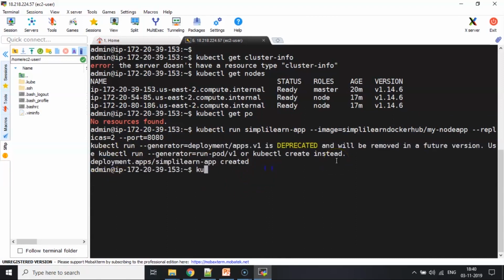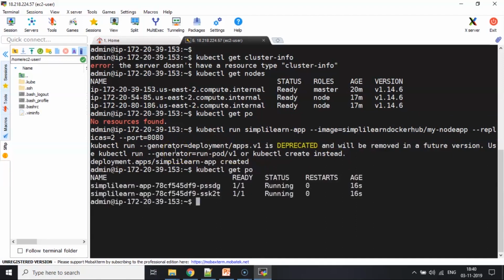Now let me just say I'm not really interested in the deployment. I'm interested in checking if the pods are up and running. So I will say kubectl get pod. Alright, that was pretty fast. So I have 2 pods that are running here. These are 2 replicas because I asked for 2 replicas. These pods are running, so I can run kubectl describe pod and pick up